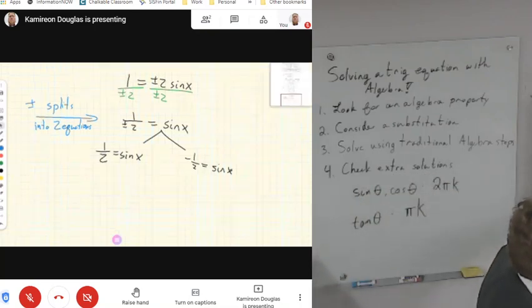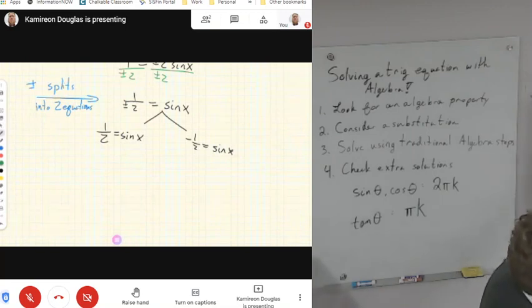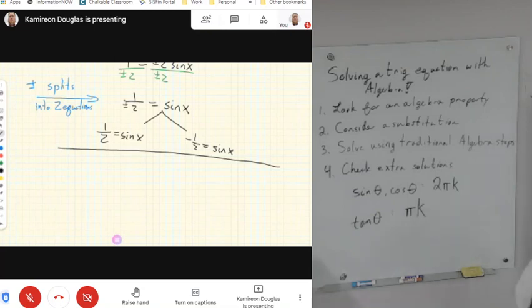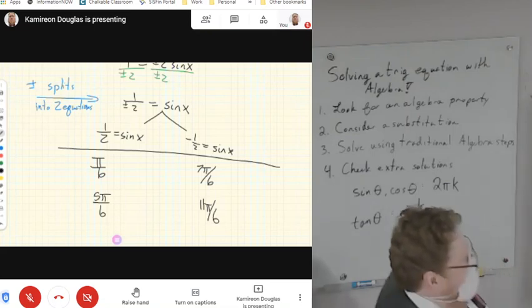Let's do it. From the first piece, when does the sine function equal 1/2? 5 pi over 6 is one of them. Any other places? Pi over 6 is another one. Now, the negative 1/2: 7 pi over 6. And what did you say? 11 pi over 6. Okay. Now,